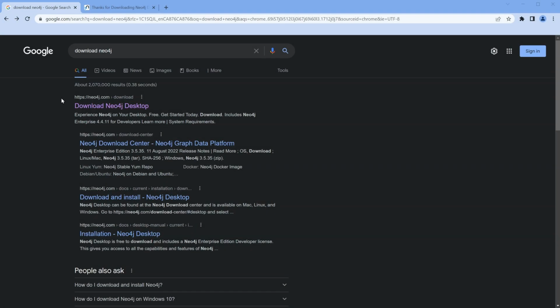One thing's for sure, graph databases can't solve all our analytical questions, but they give us a different perspective to help us think about problems in a different way. Let's get started. To download the Neo4j Graph Database Management System, just Google download Neo4j, click on the most obvious link for neo4j.com,